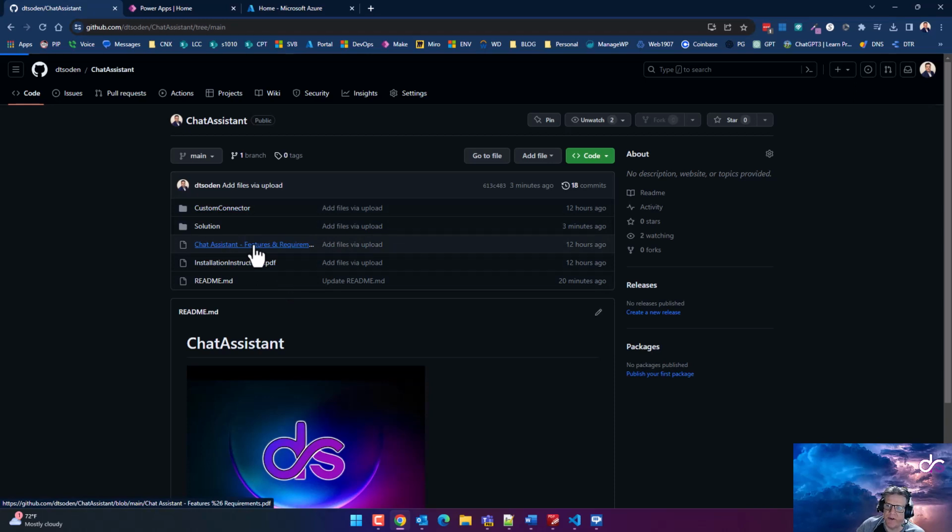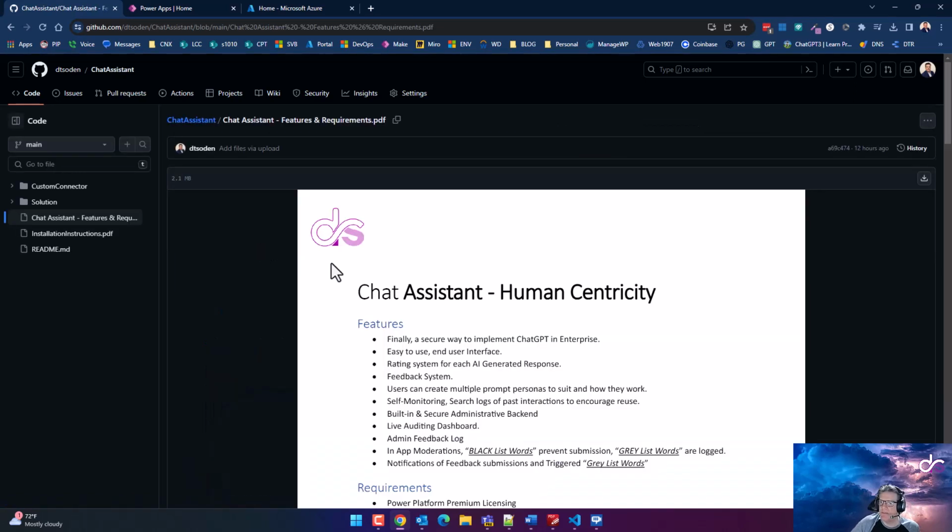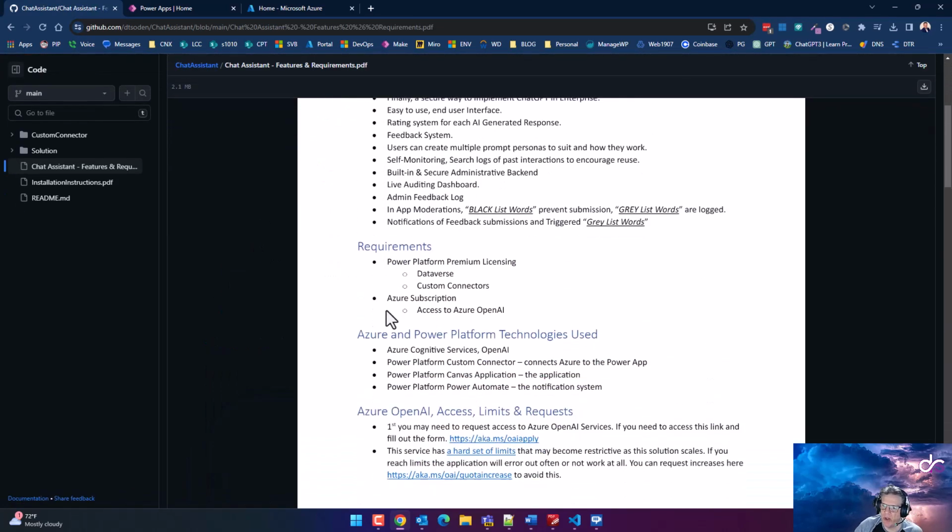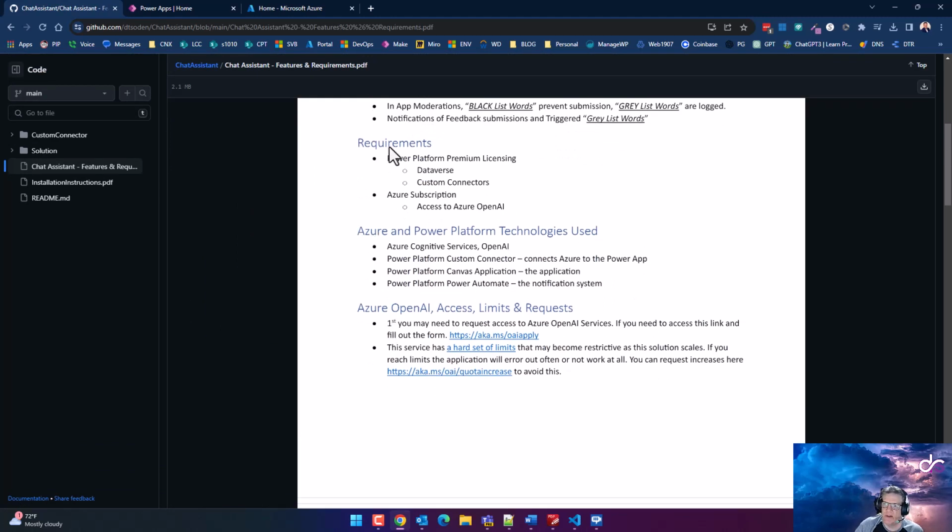But the features and requirements section has some interesting tidbits of information. I'm going to scroll down to the requirements. So let's talk about the requirements. You're going to need Power Platform. You're going to need premium licensing. This software uses Dataverse and custom connectors, all of which need a premium license. The next thing is you're going to need Azure and a subscription to Azure. So if you don't have one, go ahead and create a free one. I think it gives you like $200 to start with,